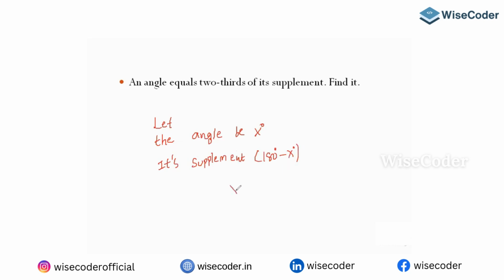Okay, so they were telling x is equal to 2/3 of 180 minus x. So 3x is equal to 2 times 180 minus x. So 3x is equal to 2 into 180 minus 2x. Then x is equal to,